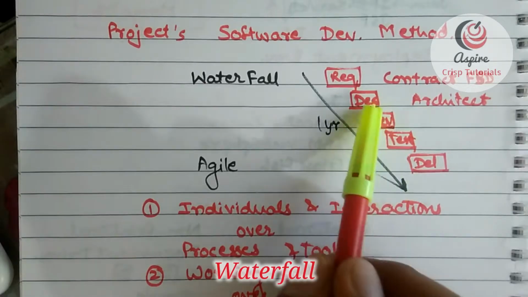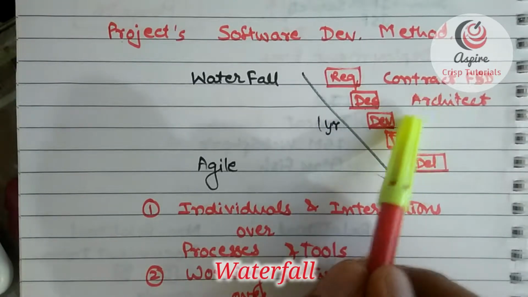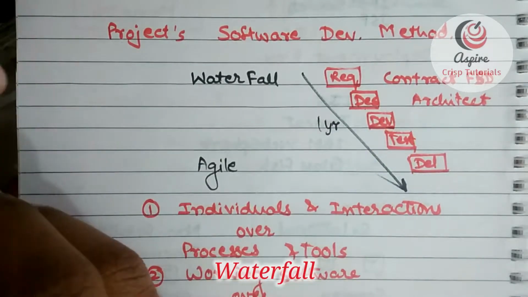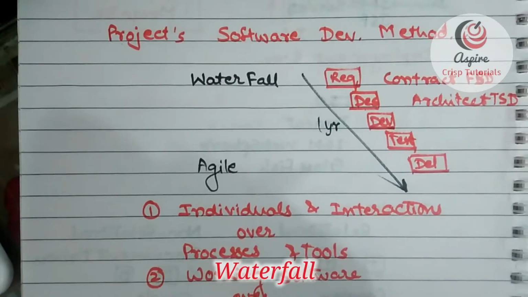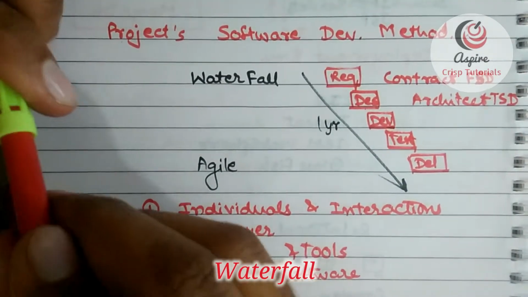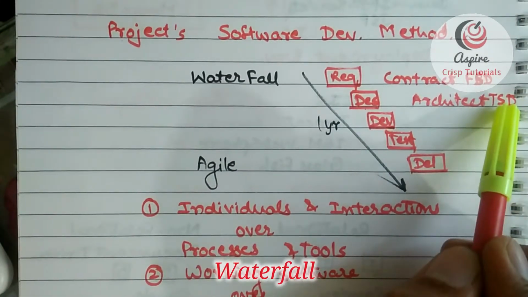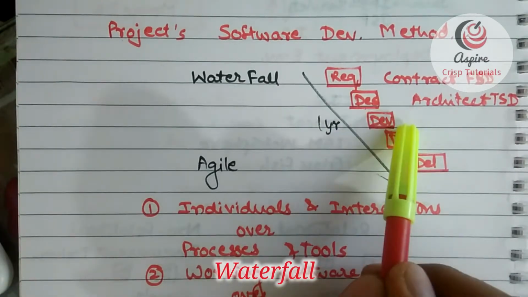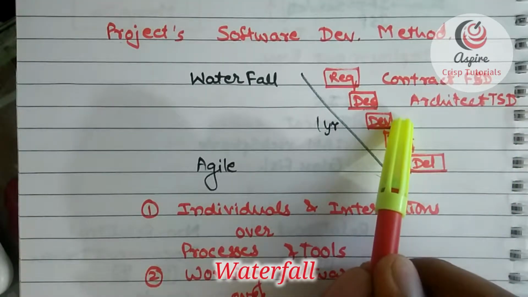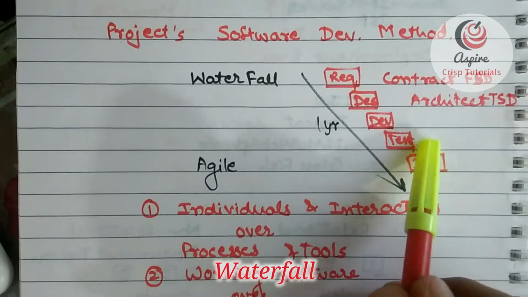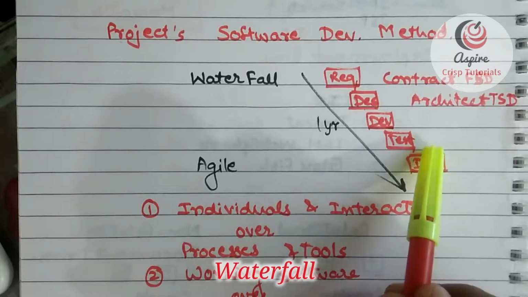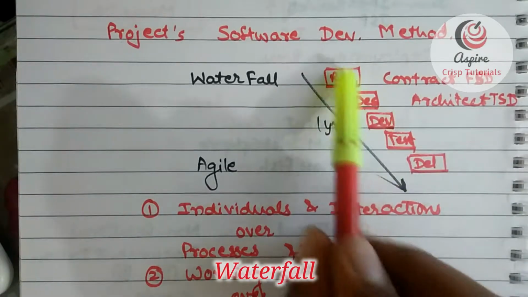Now development would start. Now the design could not be modified. In development, developers would develop something as per the architect's technical specification document. The technical specification document could not be modified later on. Once the development had started, it had to be followed as it is. After development got completed, testing had to be done. After testing, bug fixing could be done, and after that, delivery. So the problem with this approach is that